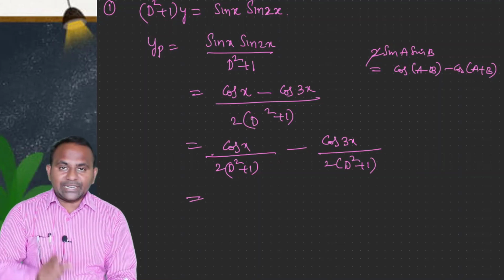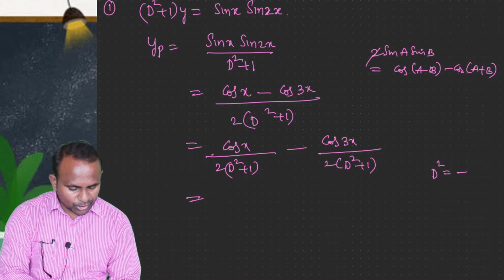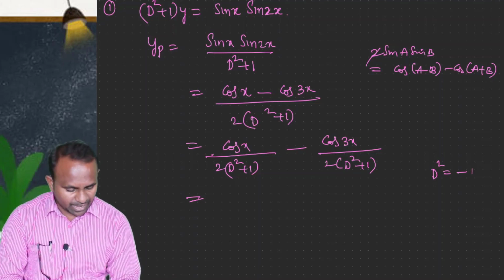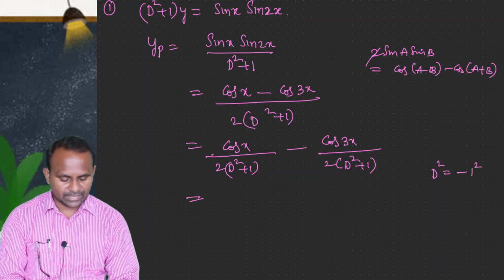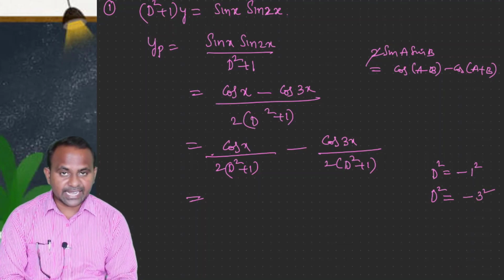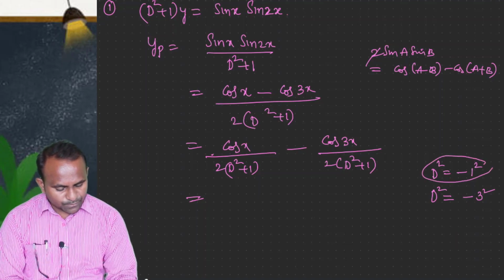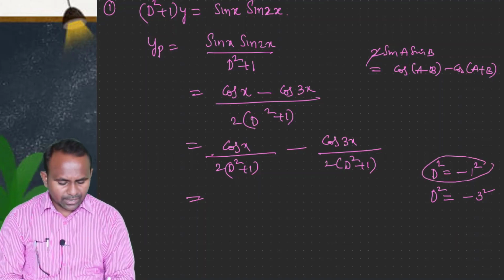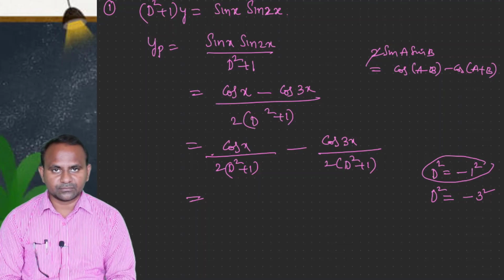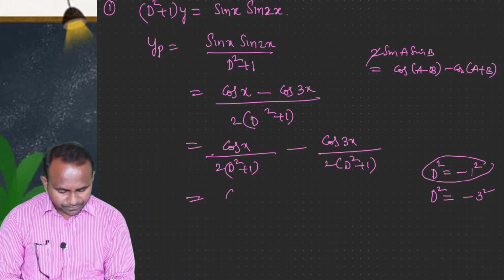Now your intention is to put d square as minus a square, where for cos ax, a is 1 here, so minus 1 square in the first integral, whereas in the second particular integral you must substitute d square equal to minus 3 square, because for cos ax, a is 3 in that case. But if you put d square equal to minus 1 square, the denominator becomes 0. So obviously we go for the formula that we have seen in the previous slide, which is